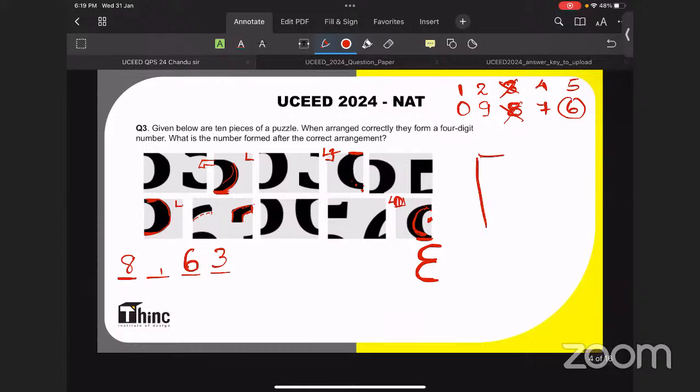If you just make these kinds of jigsaws in the exam hall, taking all the pieces and arranging them properly will take plenty of months to solve this question. Or you would have to use Photoshop, and those things are not available in the exam hall. So 6 is also gone. Now the available numbers are 1, 2, 4, 5, 9, 7, 0. These are the numbers available with us.